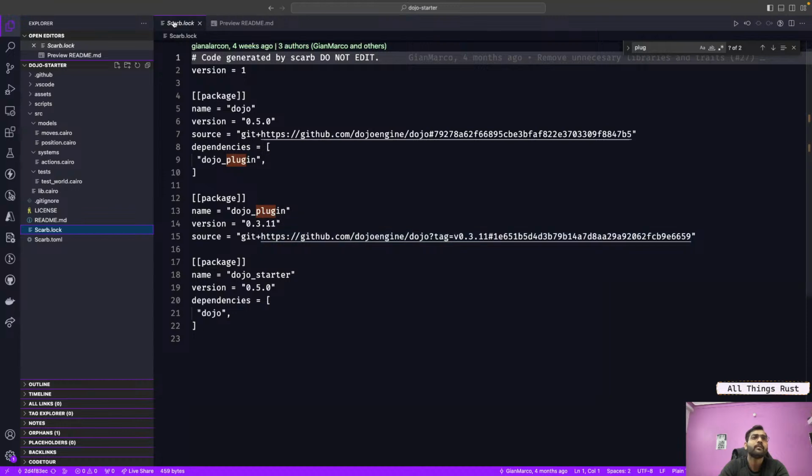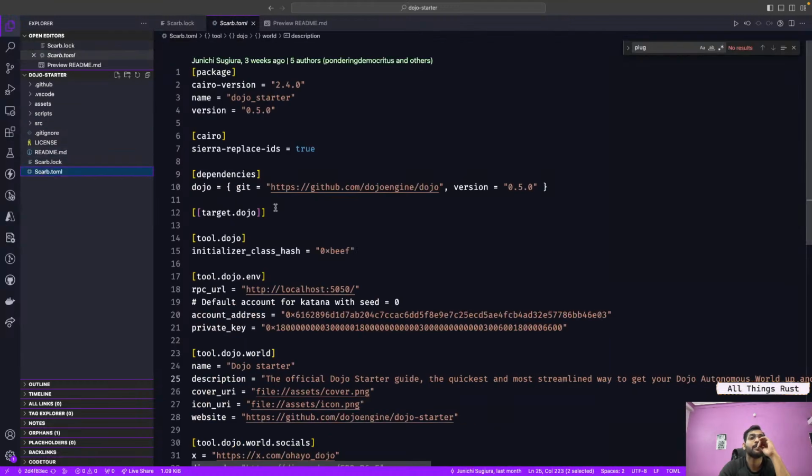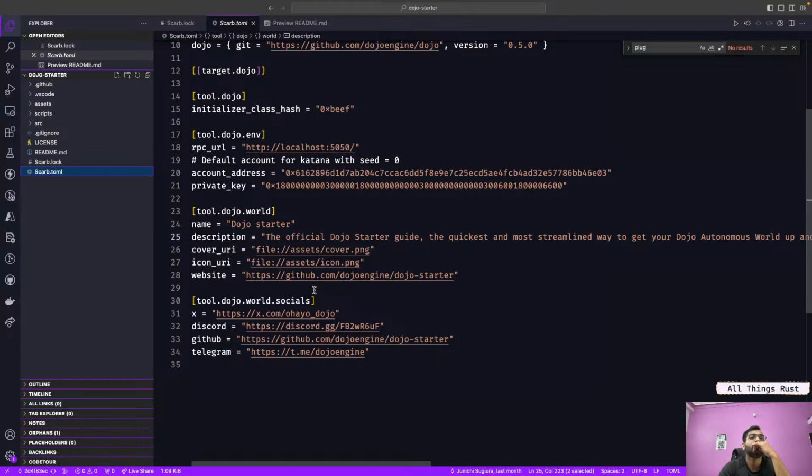Okay, Scarb block, Scarb.build package name. Wait a minute. Dojo underscore plugin dependencies. There is, but here the dependency is only